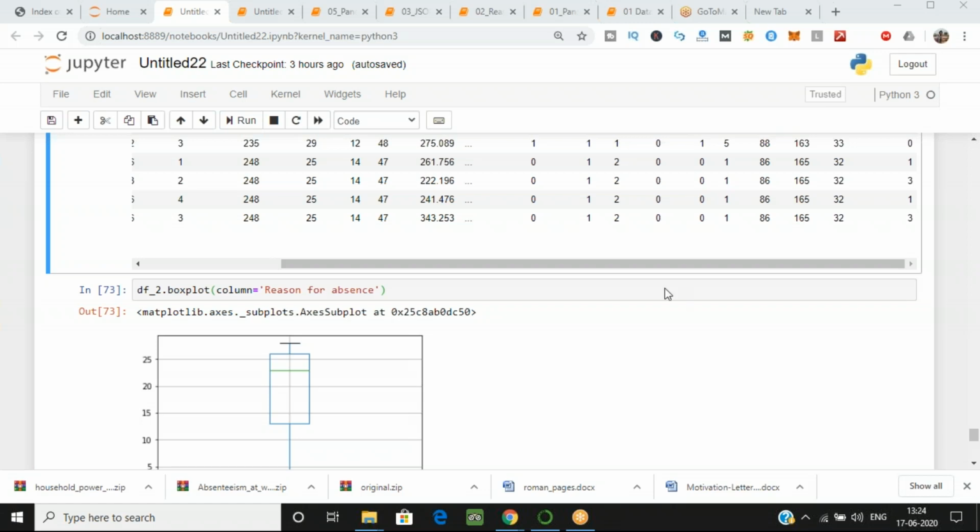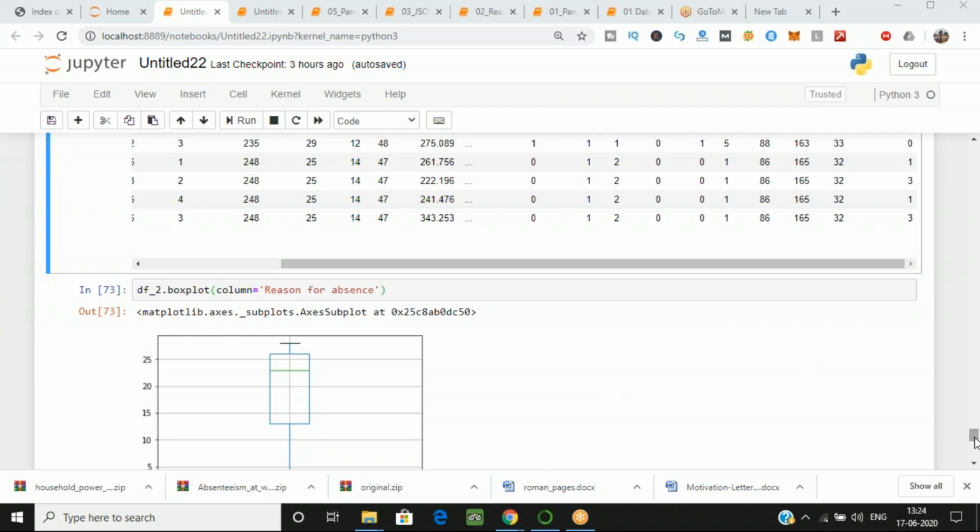So let's move on, because I have created two graphs for you. One is the box plot. Now, what is a box plot? This is just one way of visualization. We also call it a whisker plot.